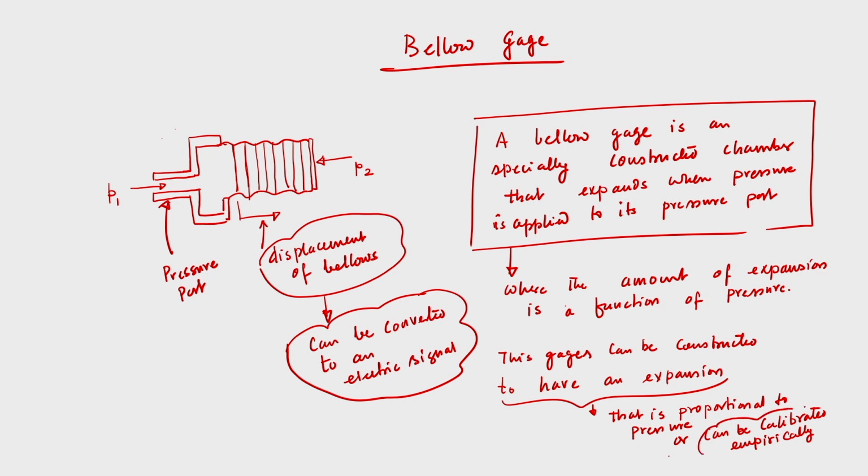So these are the important points that we should know about the working principle of a bellow gauge. First of all, a bellow gauge is a specially constructed chamber, and that chamber will have provision of expansion under the application of pressure that we would like to measure. So when we apply pressure at the port, the system will